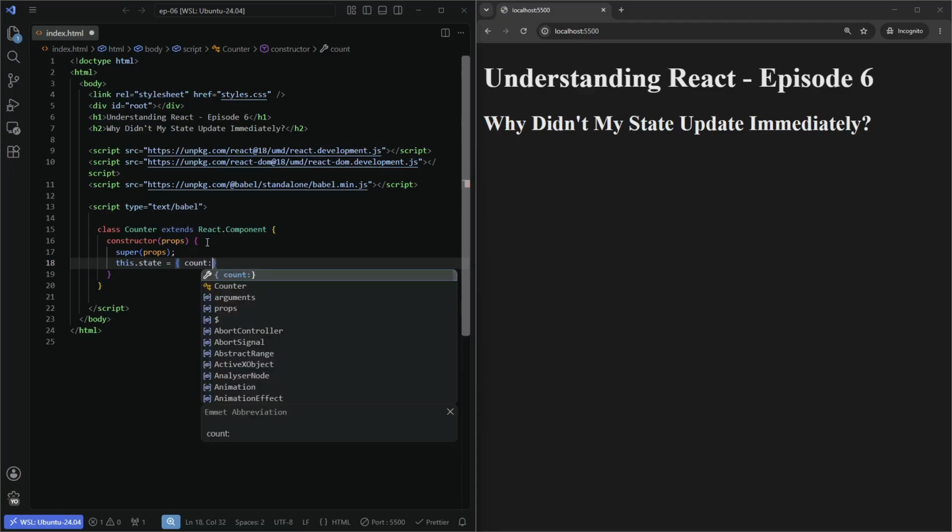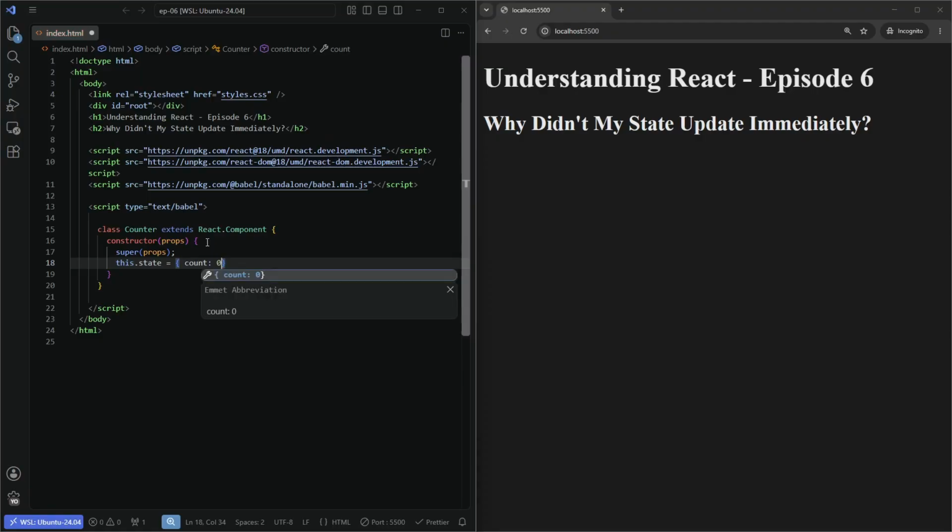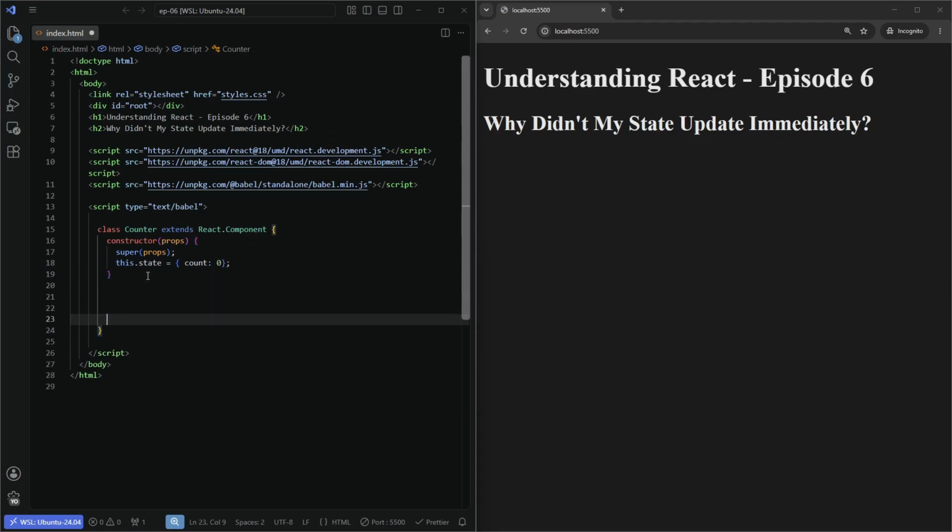We have not graduated from this yet, and then we get to the modern version of React. Increment, and then we declare the increment function with the arrow notation,